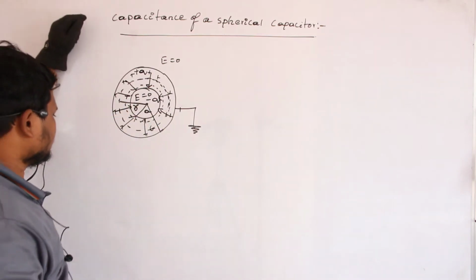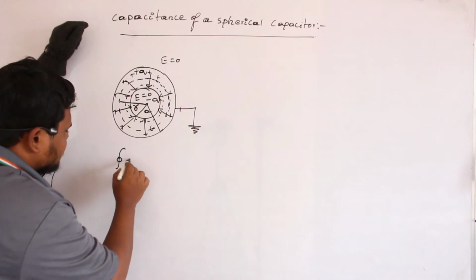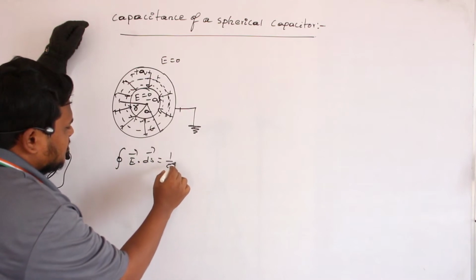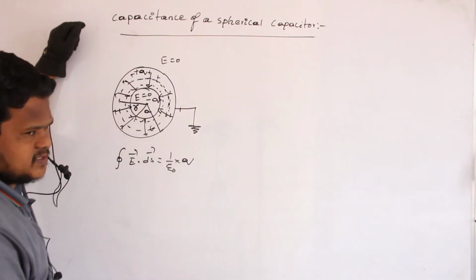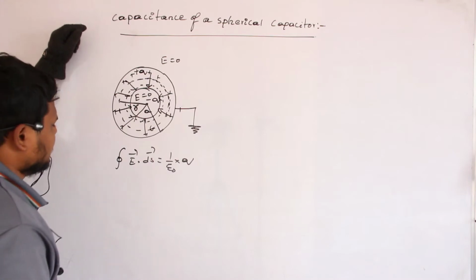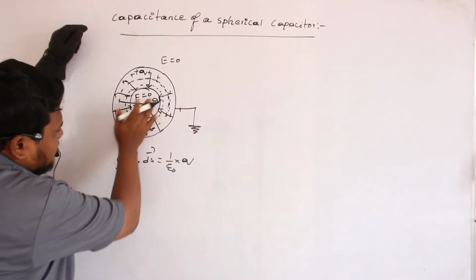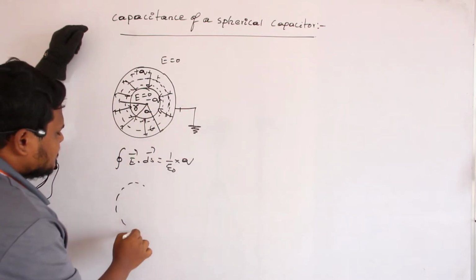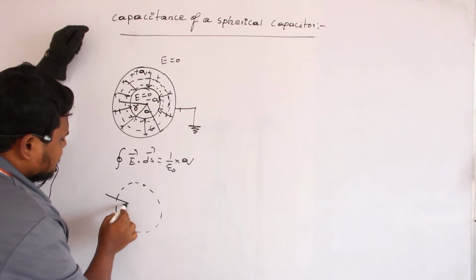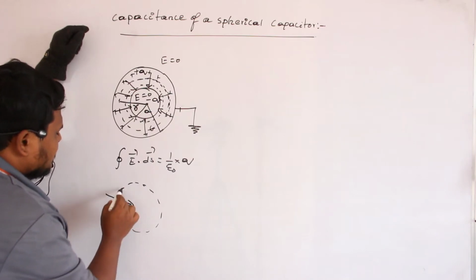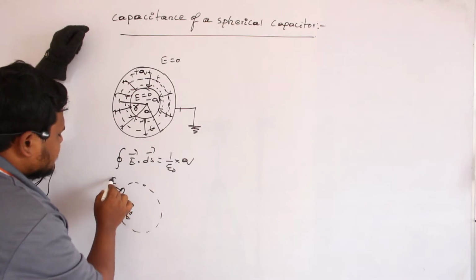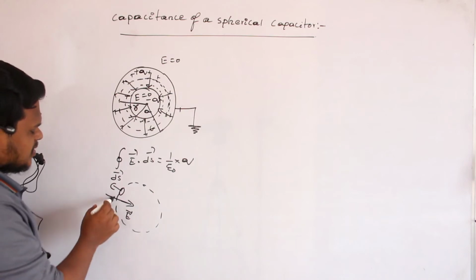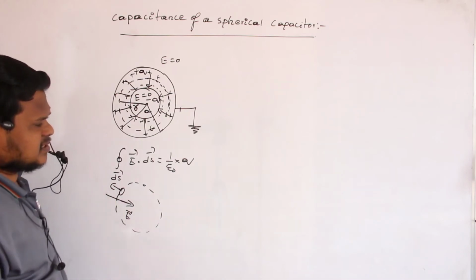How can I write the equation for the Gaussian surface? The closed integral of E vector dot dS vector is equal to 1 by epsilon naught times the charge enclosed by the Gaussian surface. This is called Gauss law. Clear? The electric field is in this direction, the radial direction, outward. For example, if this is the Gaussian surface which I have taken, what is the direction of the electric field? The electric field is in this direction. And if I take a small surface dS vector, the direction of area is always the outward drawn normal. Clear? So the angle between this electric field and dS vector is 180 degrees.